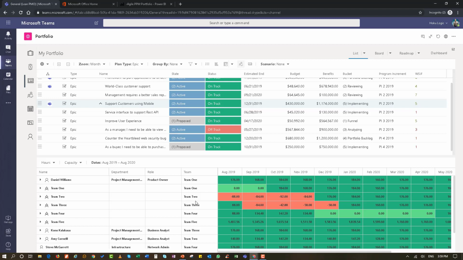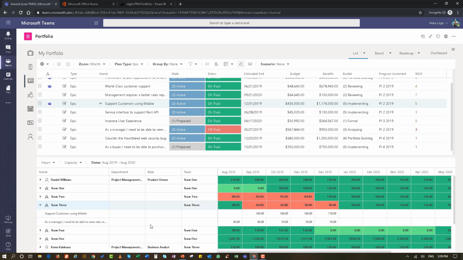And we can see that there are some teams that are actually over allocated. And I can see that support customer mobile has work assigned to team 3, they really don't have enough capacity to actually work and support customer mobile, because they're